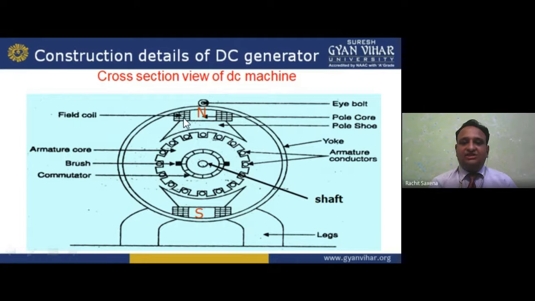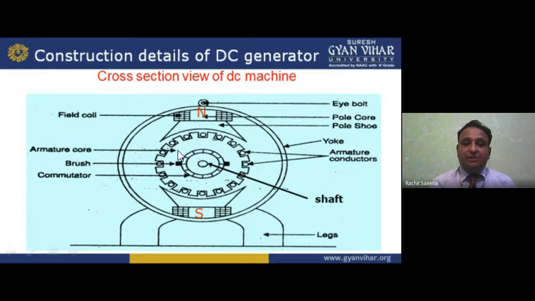The dashed line is the field coil. And the bottom portion, which has a much larger cross section than the field, is the pole shoe, my dear student. Now the rotating part has a minimum air gap from it, and it has some slots. The circular things I am showing are the conductors, basically the coils, but we call them armature conductors.